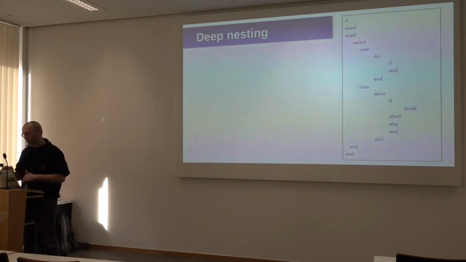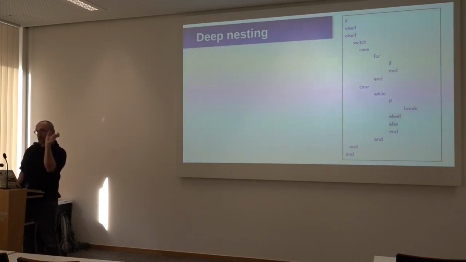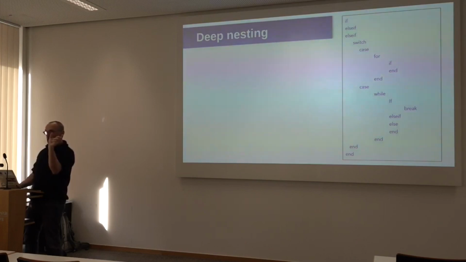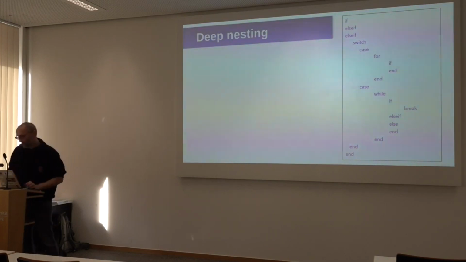There are plenty of techniques you can use to reduce the amount of nesting. The main and obvious one would be, for example, take this for loop here and extract it into a separate function, so that you're reducing the nesting. Usually, the main thing is to try to create a sub-function for each of those. It really makes it easier to read in the end. And also now you have an independent function that you can create a small test for, so it's easier to once again make sure that it does what you think it does.